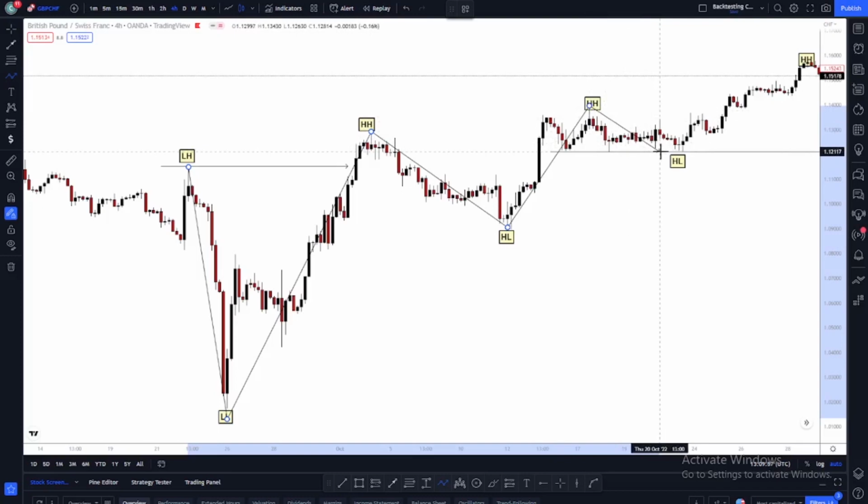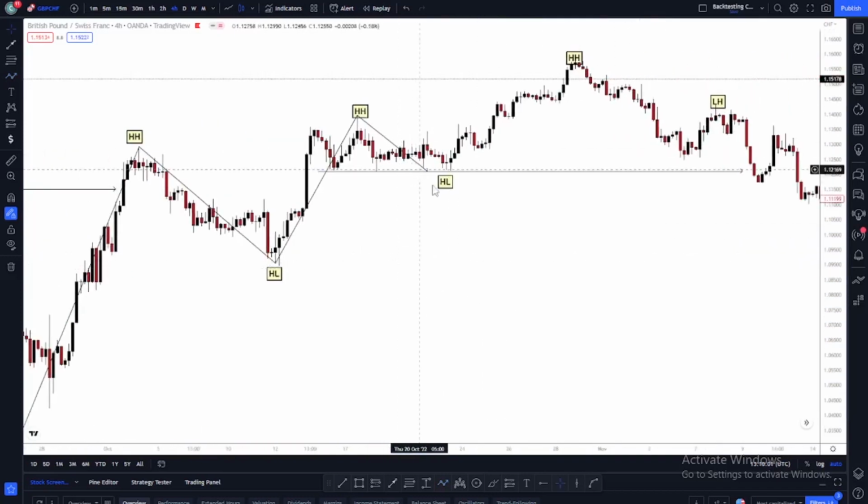Continued with a higher low, then broke our previous higher high and created a new higher high, continued with a new higher low, and then created a new